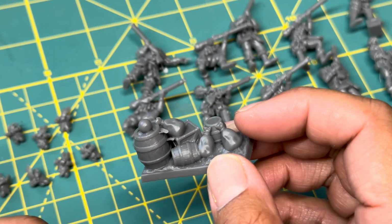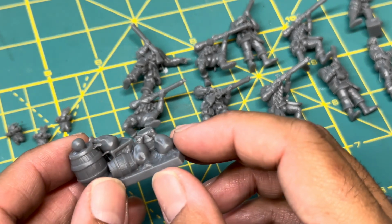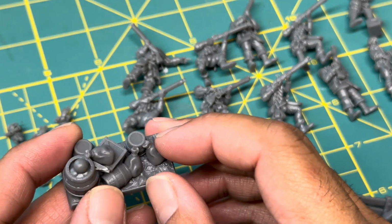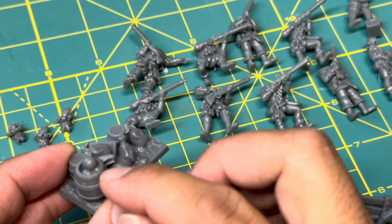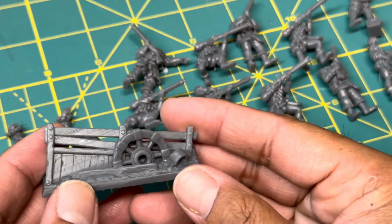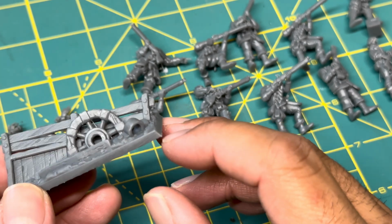They're the last box that has been around since the 90s. Their sandbags looked terrible. I always hated their sandbags because they didn't look realistic. These look like they're folding in on themselves. You've got the heads of the bags here. What is it? Some cannonballs in there. Looks really good. Then the other side is a big wheel stuck in the mud with some wooden fencing, some